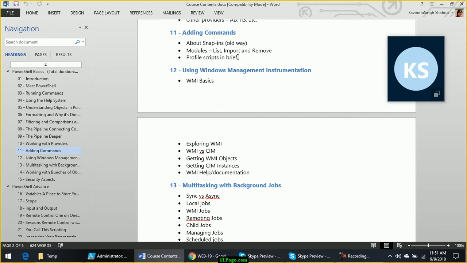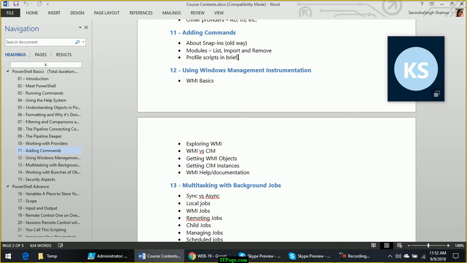For example, after completion of this course, you can automate anything or write scripts for anything using PowerShell, like Active Directory, Exchange, or Citrix, IIS.